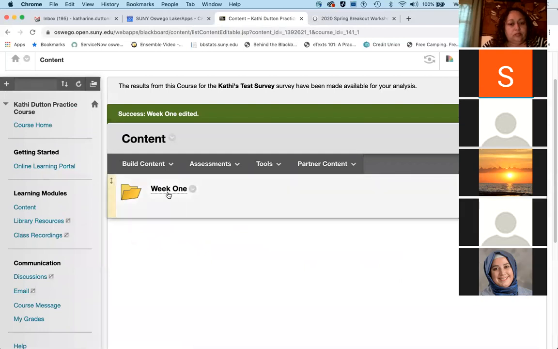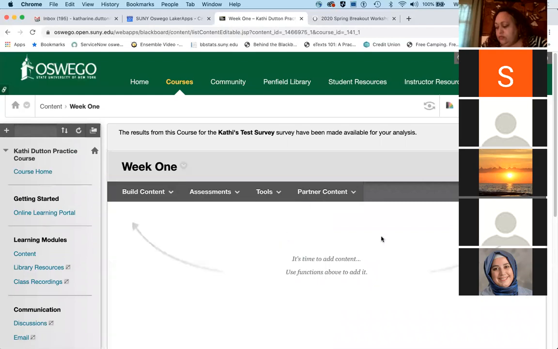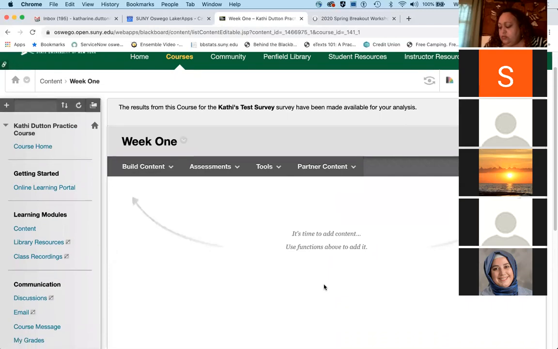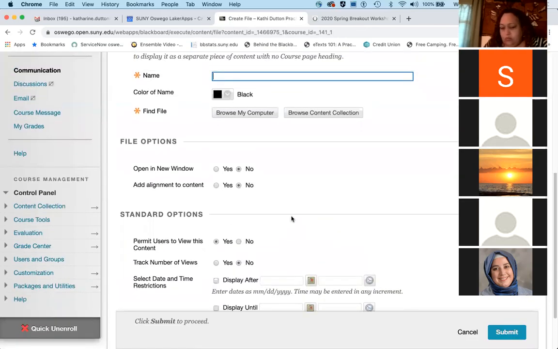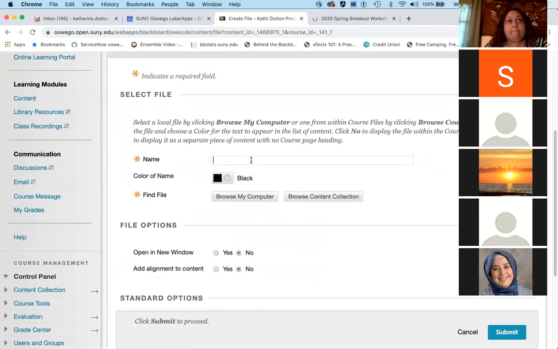So when I made my folder, I want to put my work in the folder, so I'm going to click on the week 1, and that has opened up this new area where I can build content. So the first thing I want to build is a file. I'm going to just simply upload a file. So if I go to build content and then select under the create menu, file, it's going to bring me to